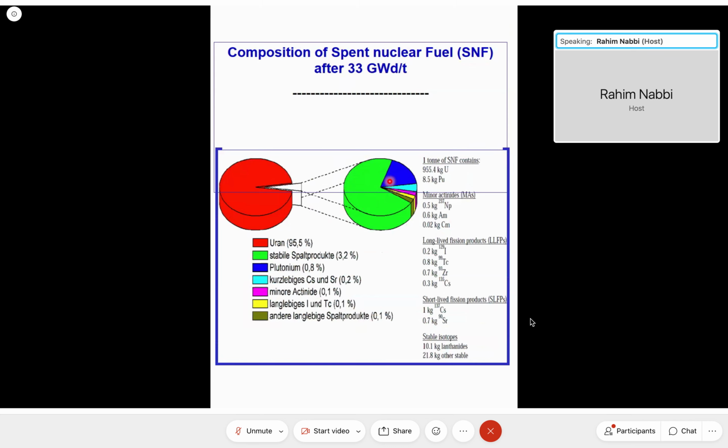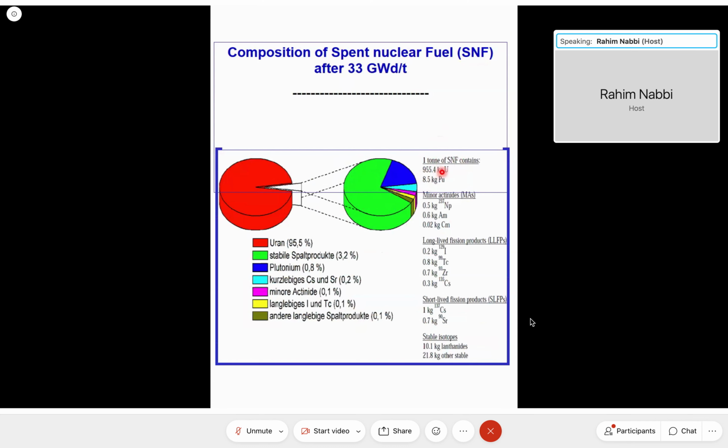You see here in the form of a graphic, for example, if you consider 1 ton or 1,000 kilogram of spent nuclear fuel, after 2 years of operation, it still contains